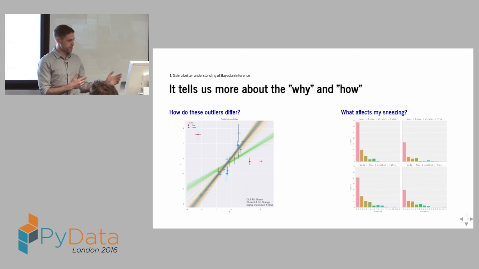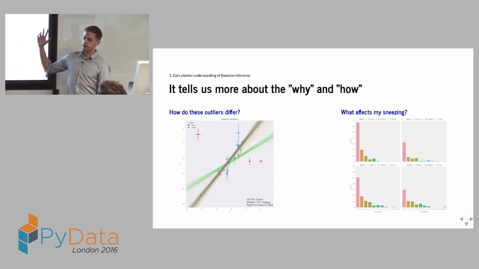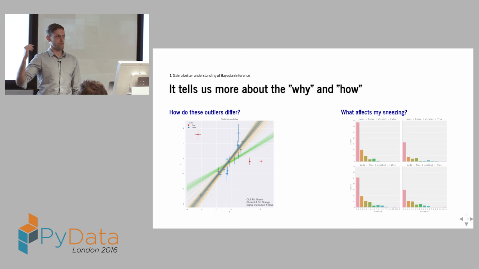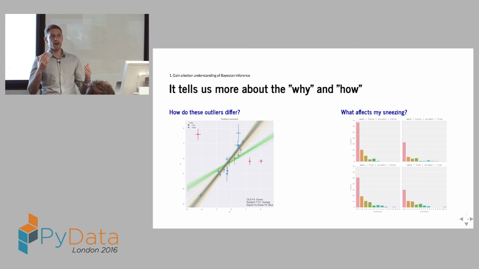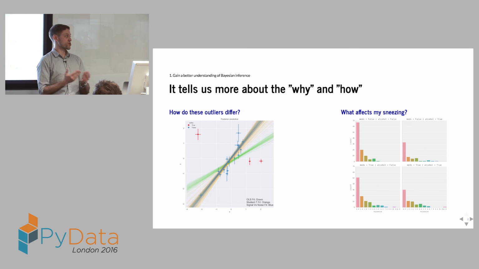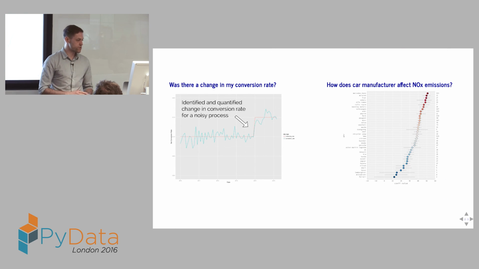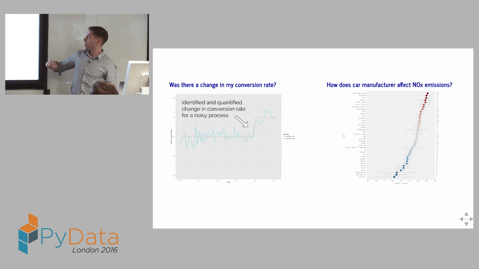So we've seen some great stuff already. Bayesian inference tells us more about the why and the how. How are these outliers different? Some stuff that I did as a random task for Ian the other day when he was talking about his sneeze statistics was to try a Bayesian Poisson regression to see if I could determine if alcohol affected sneezing. And that's the kind of stuff you might get into. There's the changes in conversion rates, and what we're talking about today, just a little bit, and apologies for the size of these, they're a bit small.